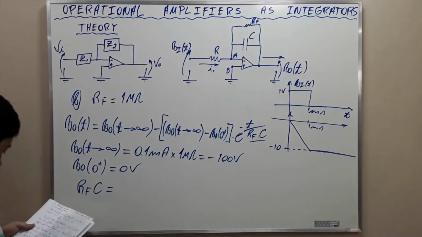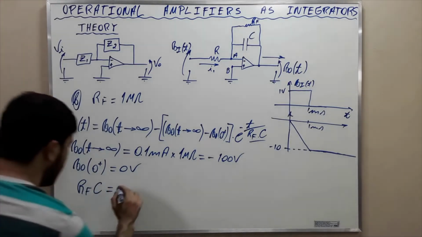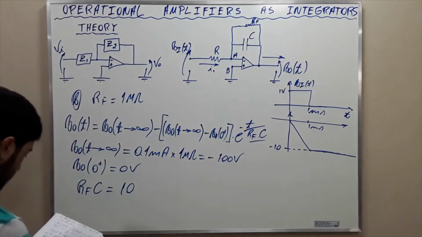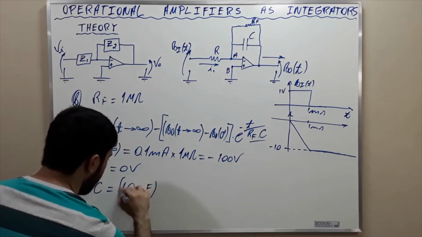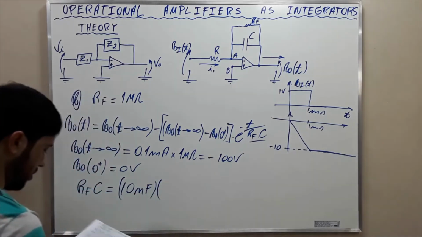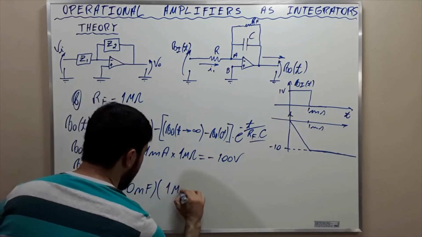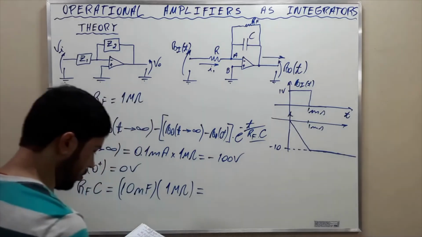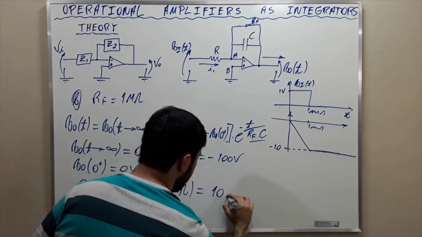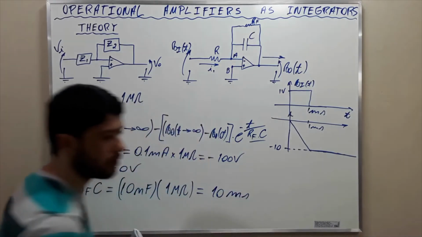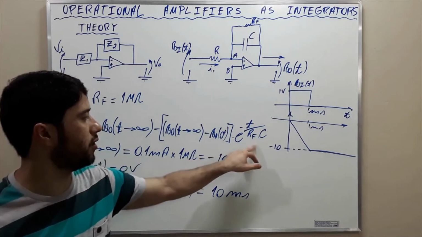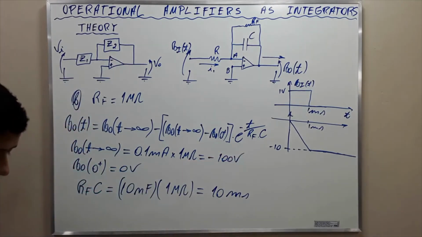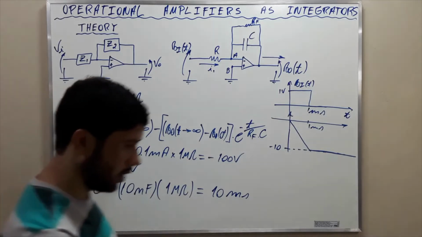RFC is equal to 10 nanofarads times 1 mega ohms, which is equal to 10 milliseconds. This is the time constant of the circuit, 10 milliseconds. Okay,